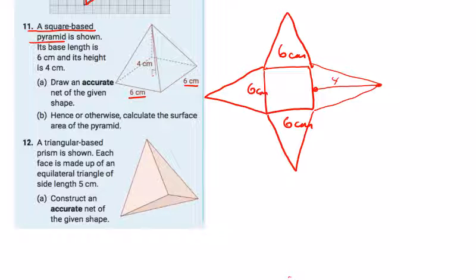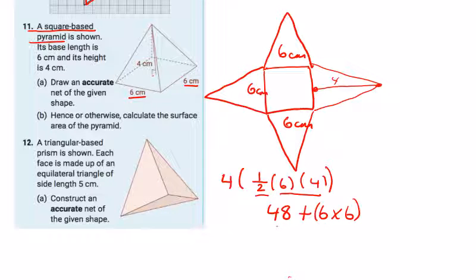So hence or otherwise calculate the surface area of the pyramid, right? Well, we have 4 triangles. The area of each triangle is half the base, which is 6, by the perpendicular height which we're given to be 4. 6 fours are 24, half of 24 is 12, 4 12s are 48. We have to add on 6 by 6, which is the base, so 48 plus 36 is equal to 84